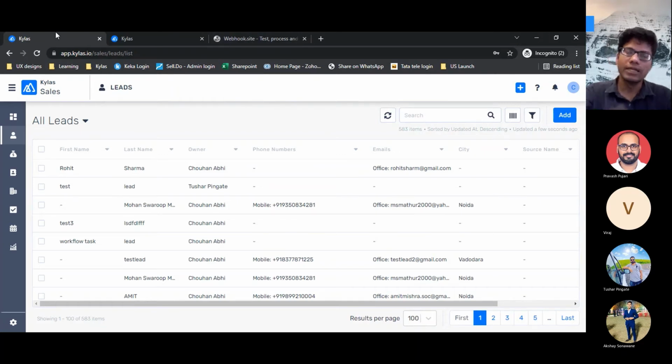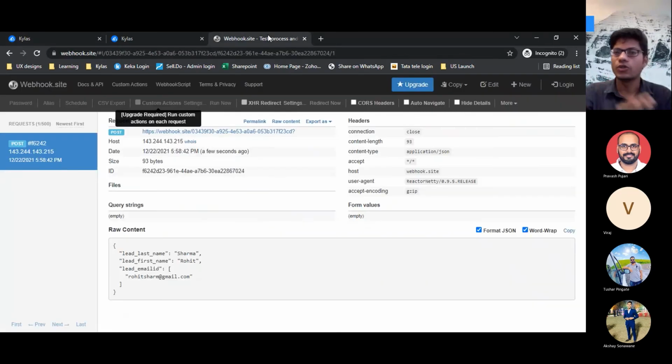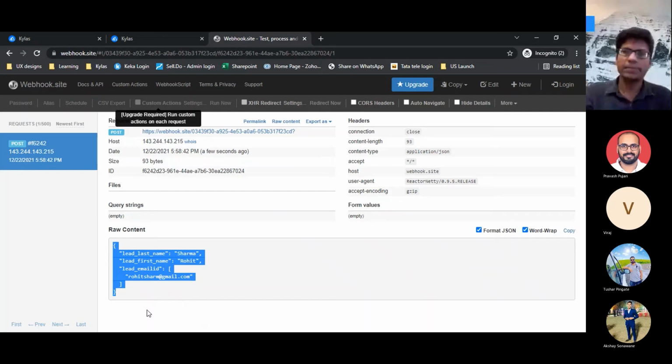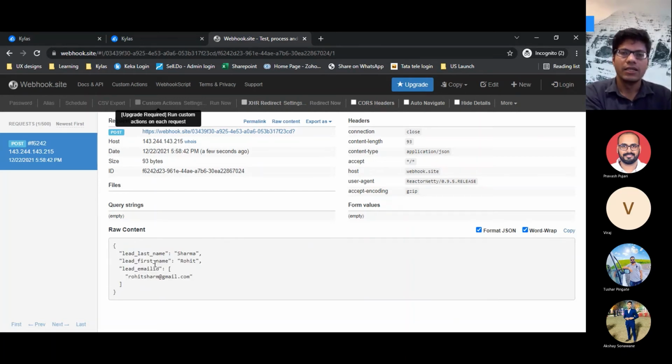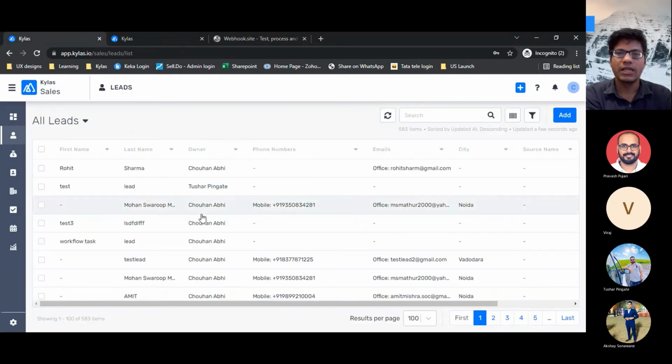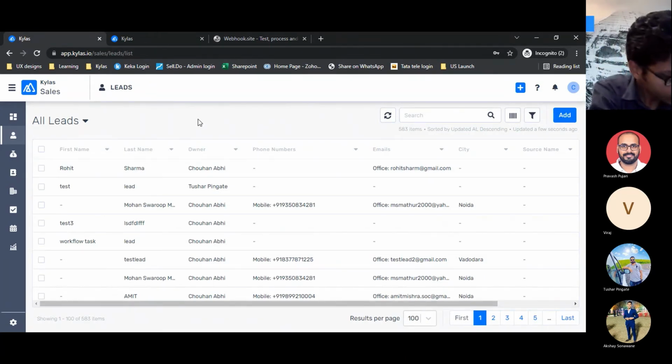So the moment a deal is closed in Kailash, this data will be sent to your invoicing tool. They will accept this data. They will have their own APIs to process this data, and they will create the invoices, right? So in any case, if based on some activity you want to send your data to some external system, this webhook is used, right? So this is a typical use case of webhook.